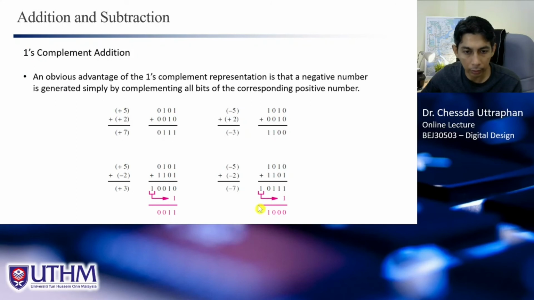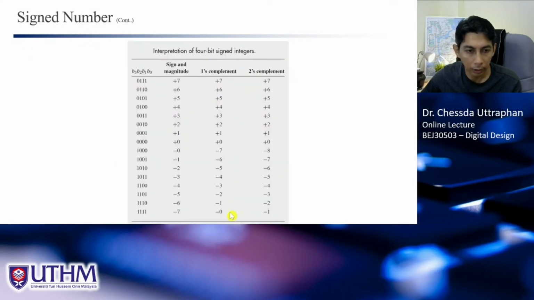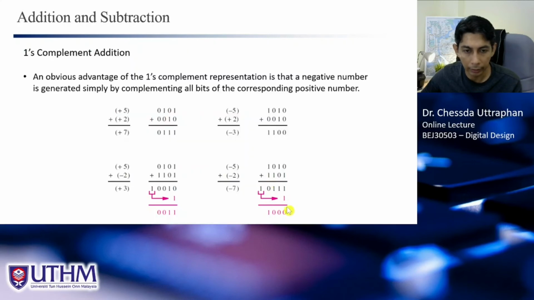Right? This is not correct. So what we do is that we need to have 1 here, and we have 1, 0, 0, 0, and 1, 0, 0, 0 is, yes, 1, 0, 0, 0 is minus 7, correct? Minus 7. So it looks like we can use first complement number to do subtraction, right? Subtract 5 minus 2, minus 5 minus 2,